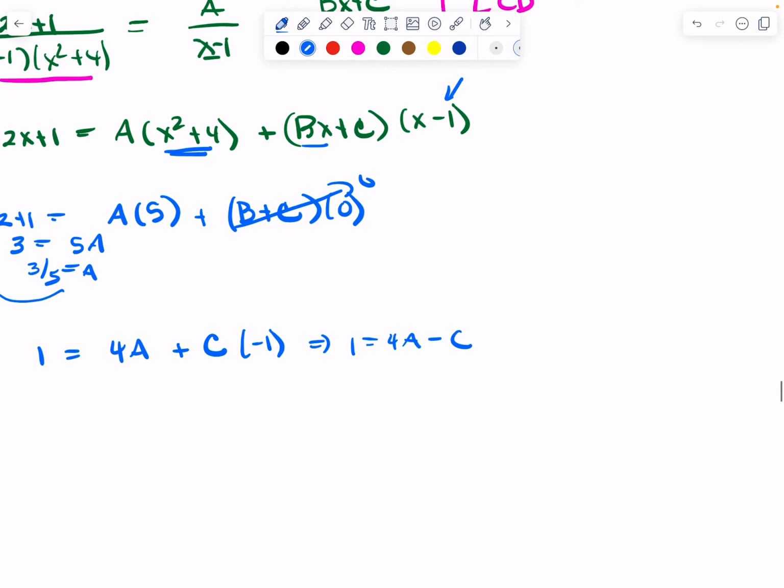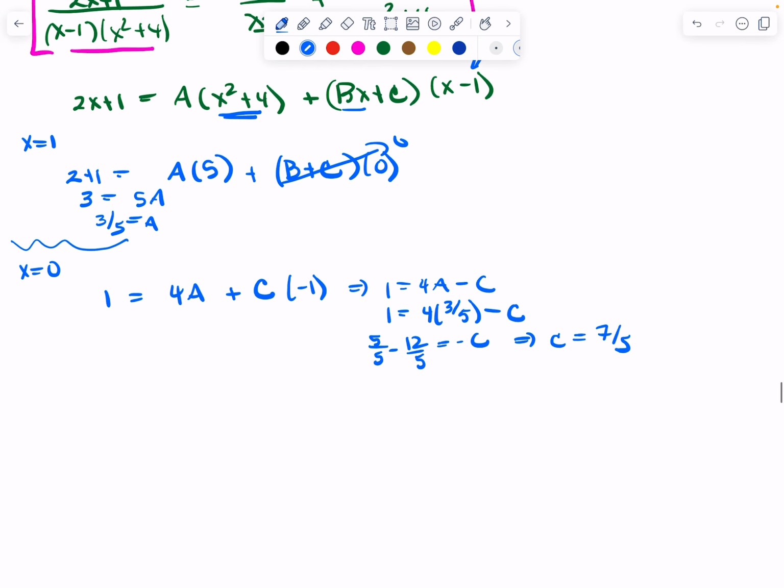Now we can actually figure out c because we know that a is 3/5. So 1 is equal to 4 times 3/5 minus c. Or 5/5 minus 12/5 equals minus c. So this tells me c is positive 7/5. Love it. Okay, so now we know a and we know c. So let's pick another x value so that we can solve for b. Let's do -1. So if x is equal to -1,